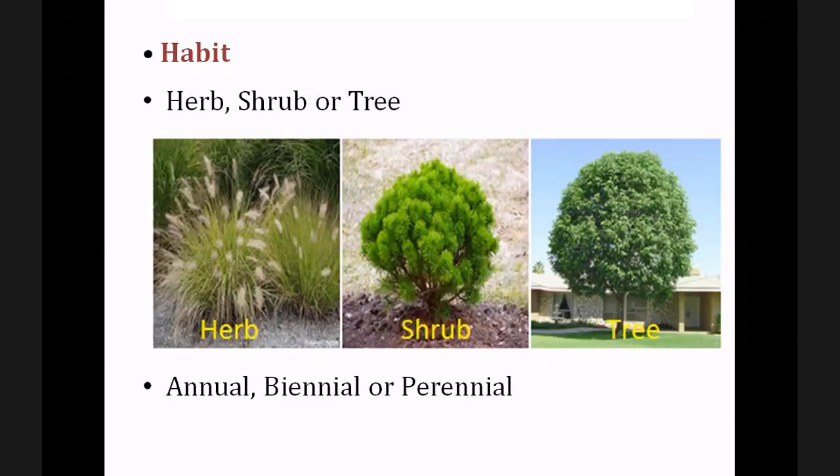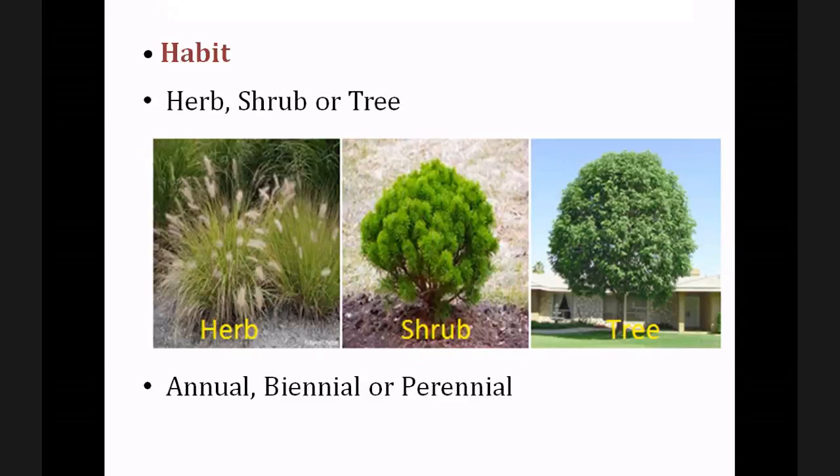Okay. Life cycle means from the germination to the production of seed. From germination to the production of seed, we call it the life cycle of that plant. So the plant that completes its life cycle within 1 year is called an annual plant. The examples are maize, rice, weeds. Those are the annual plants. They complete their life cycle within 1 year.